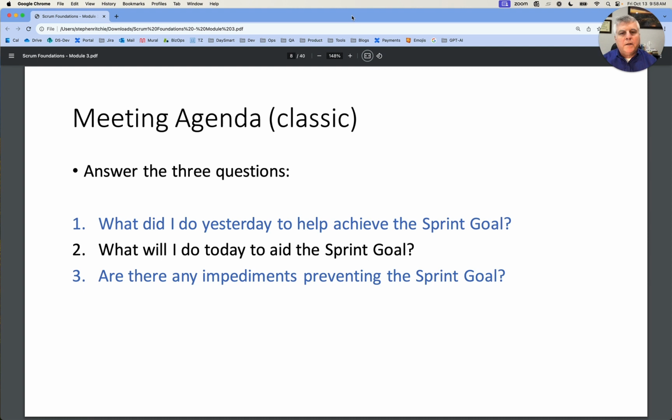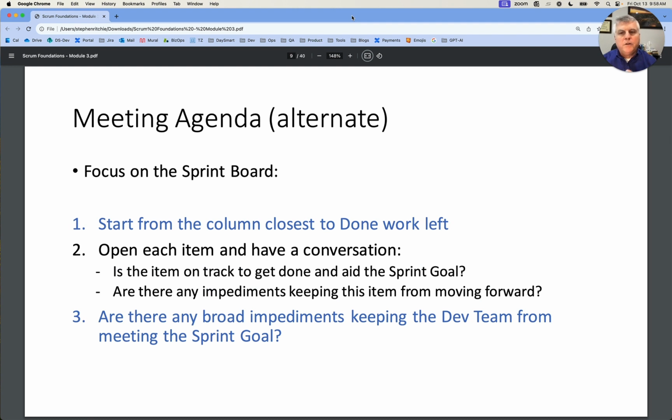We also want to focus on some classic questions. What did I do yesterday to help achieve the sprint goal? What will I do today to aid the sprint goal? Are there impediments preventing the sprint goal? Sometimes the agenda is not necessarily structured this way, but each individual on the dev team should be thinking this way. So an alternate way of running the agenda would be to start with the board and to look at